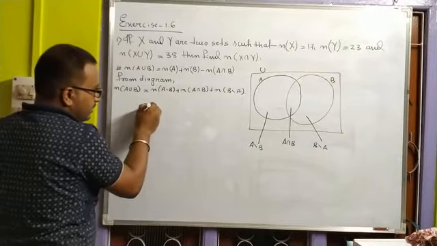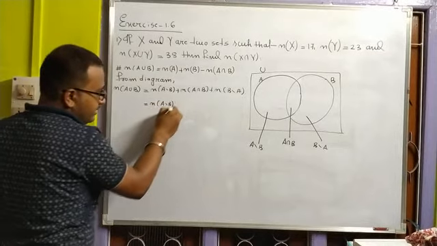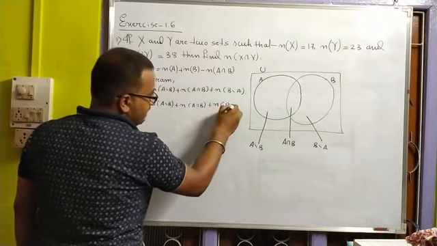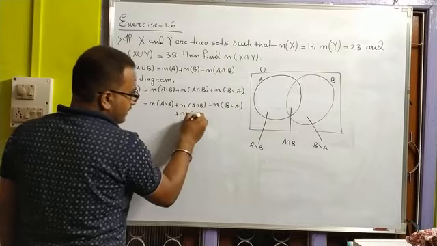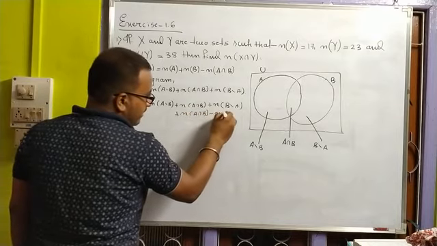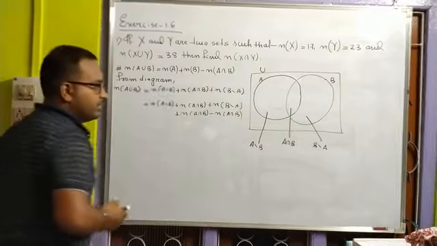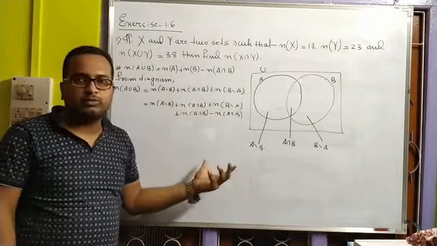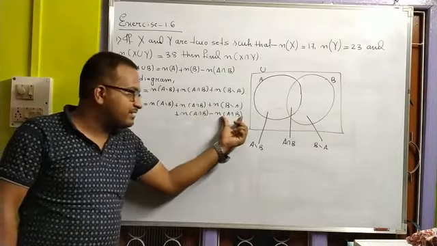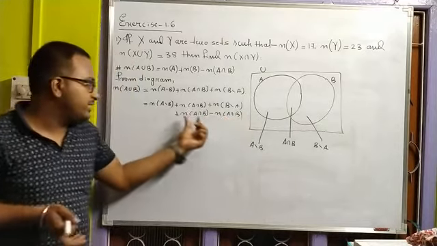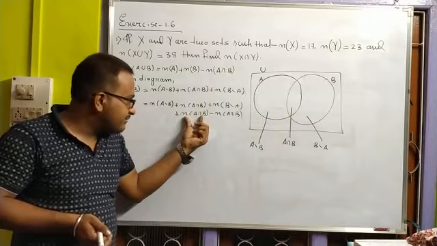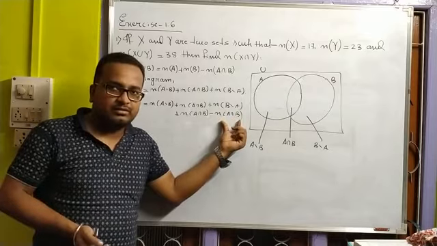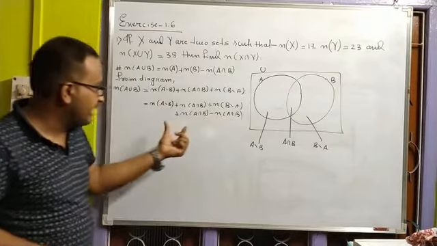Now what will I do? I will write: number of elements of the set A intersection B plus number of elements of the set A intersection B plus number of elements of the set B difference A plus number of elements of the set A intersection B minus number of elements of the set A intersection B. Right? Because number of elements of this set is nothing but a real number. So in any mathematical equation, I can add and subtract simultaneously the same quantity. Isn't it? So it is one real number. So I can add the same real number and subtract the same real number at a time in any mathematical equation. Right? So this much I can do here.